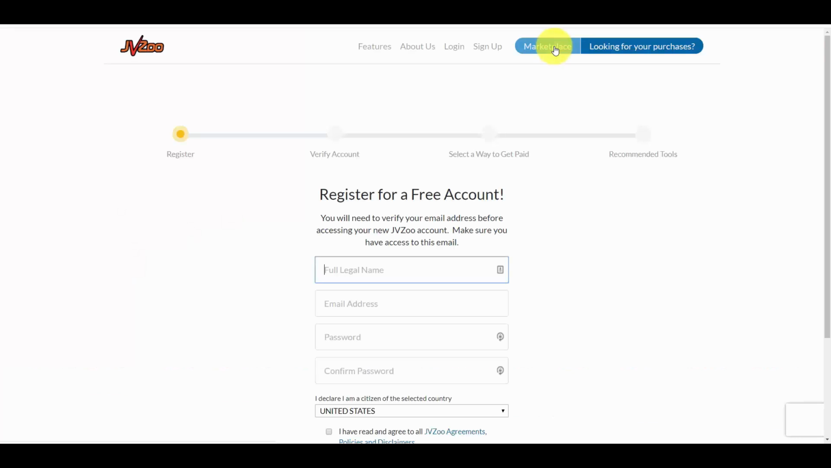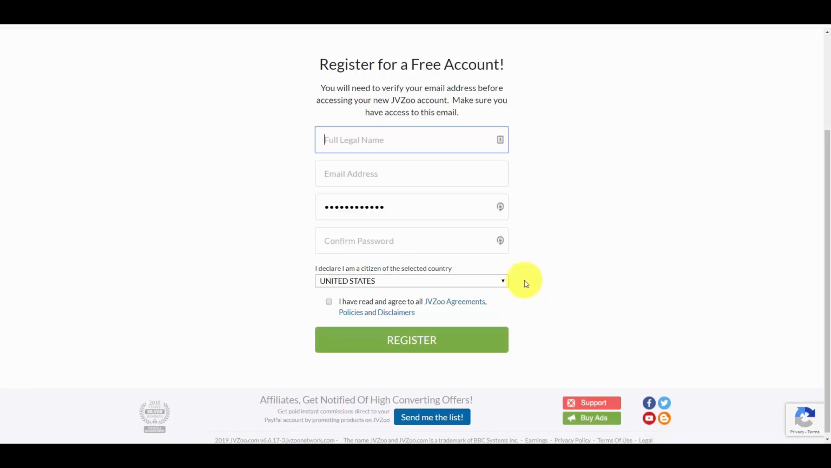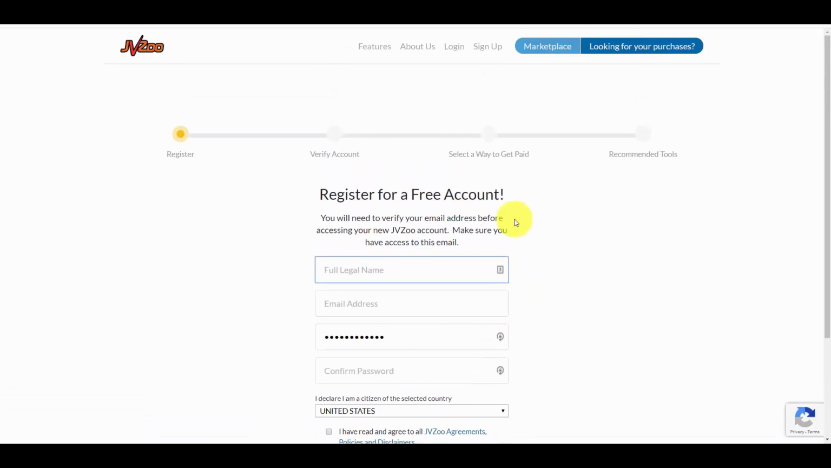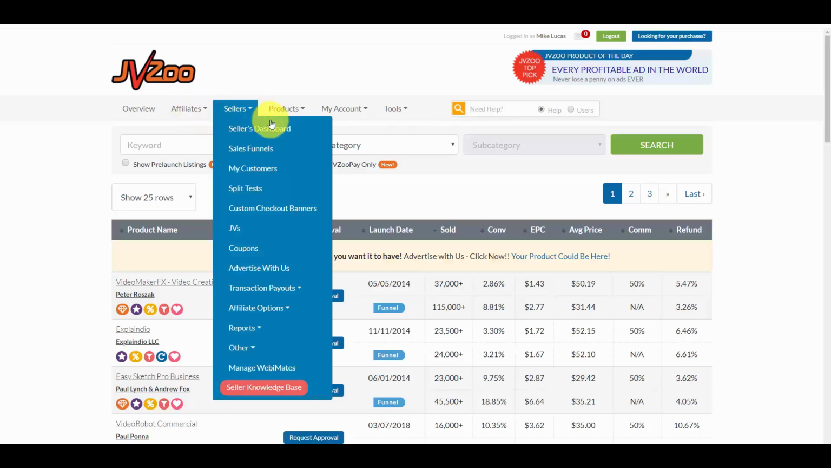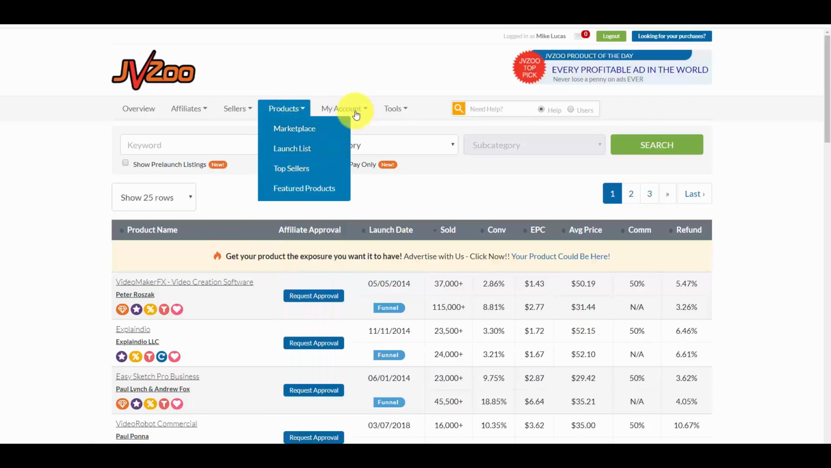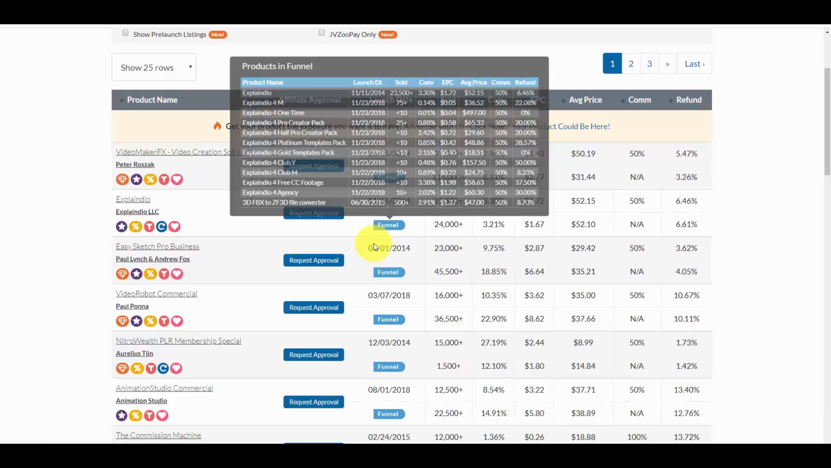I'm not going to go through the sign up process. It's fairly straightforward: name, email, etc., where you domicile, and off you go. And from there you can then access the affiliate section of JVZoo. We'll just come down here: sellers dashboard, sales funnels, etc., products, marketplace. You've got your account, and everything you need is on here. But this is the first page you will see, and it's got listed